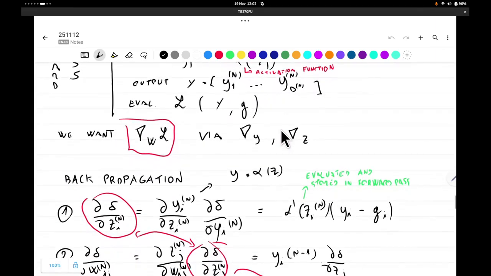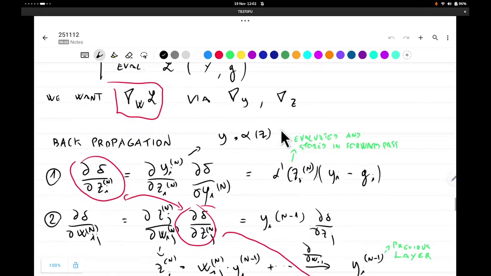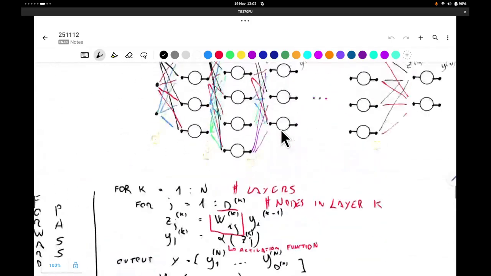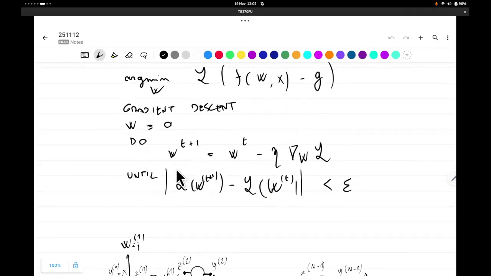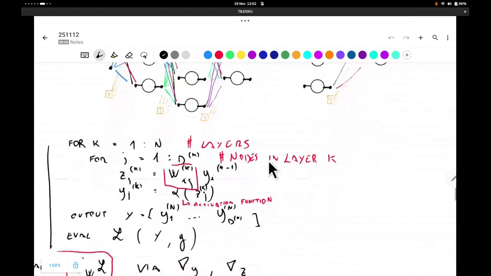So our master equation for the training is that we update the weights on the basis of the previous weights, using the gradient of the loss function with respect to the weights. And in order to evaluate